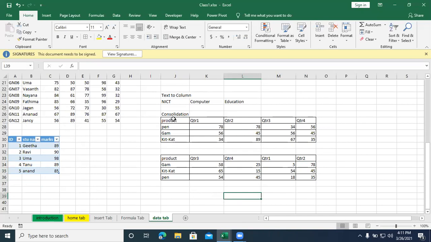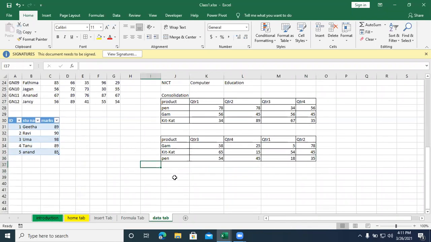So prepare two tables which show the same information. The products are pen, jam, Kit Kat. Here also I have jam, Kit Kat and pen, but it is not in the same order in both the tables. The column headings like quarter 1, quarter 2, quarter 3, quarter 4 that I have given are also not the same in the second table. But still you can merge these two data and make it one single table